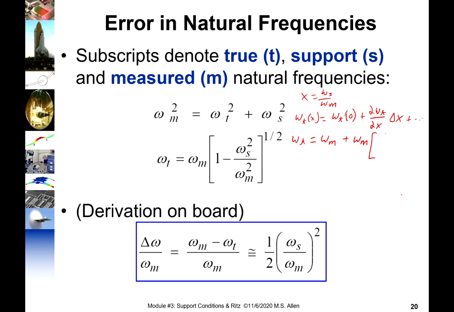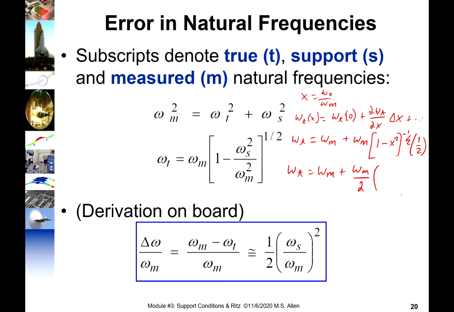So if we take a derivative, we'll subtract 1. This will become 1 minus x squared to the negative 1/2 times 1/2. And then we're going to evaluate that again at x equals 0. So things come out really nicely. What we end up getting is that the true natural frequency is the measured natural frequency plus 1/2 of the measured natural frequency times, now we have our delta x,